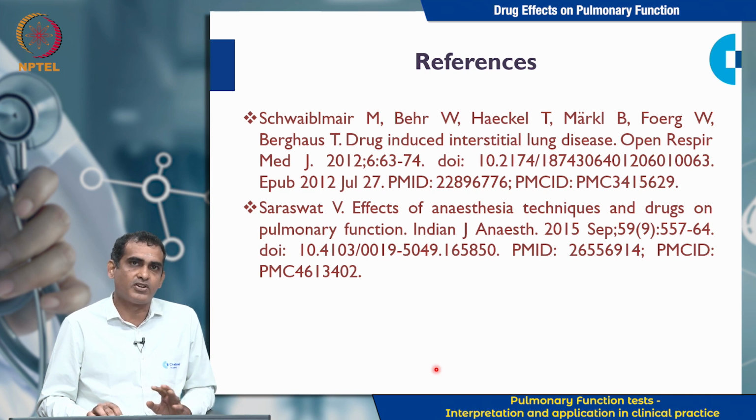Now, with this, I think I have come to the end of my presentation, where I have tried to give a gist of the drugs and their effects on pulmonary function. I have tried to give 4 categories. Though I am repeating it, I would like to repeat. I have tried to capture some of the medications used that are targeting the lungs and respiratory tract, like the drugs that we use in asthma and cough. They may influence the pulmonary function. And then I have listed a few drugs which are acting on the respiratory center and then affecting the pulmonary function. Then a note on general anesthetics, and then drug-induced interstitial lung disease.